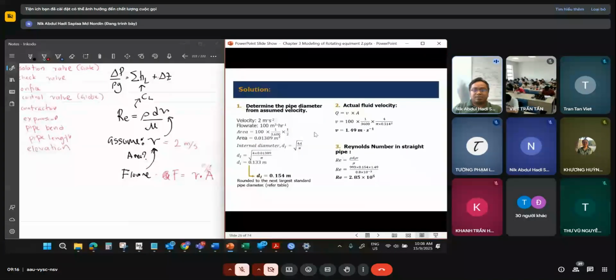From this, we can calculate the area, which is equal to F over V, which is 100 meter cube per hour over 2 meter per second. When we do the correction in terms of the units here, we have the area equal to